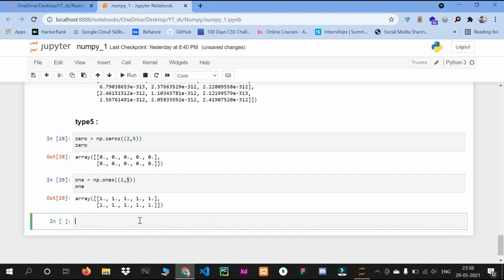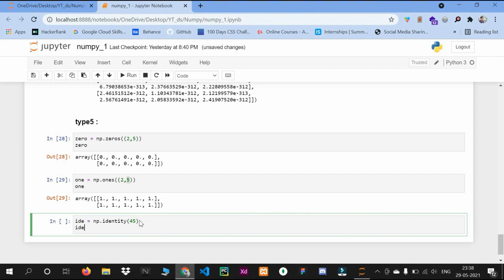The third one is identity. I will write np.identity and pass a parameter, say 4.